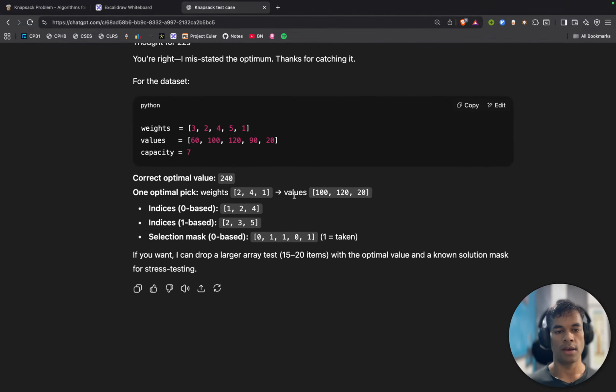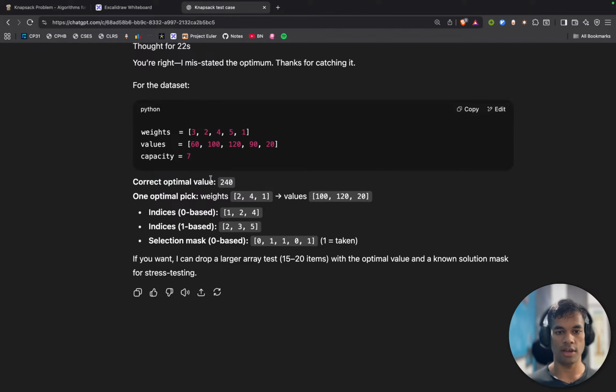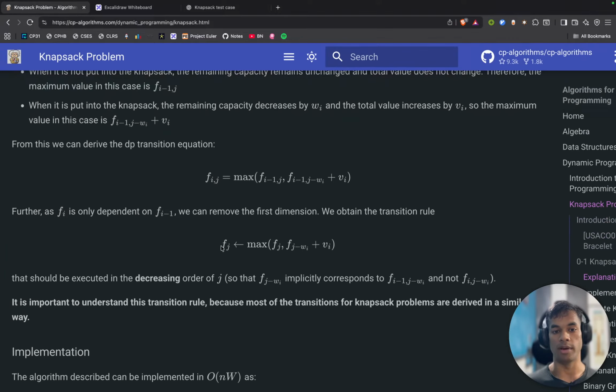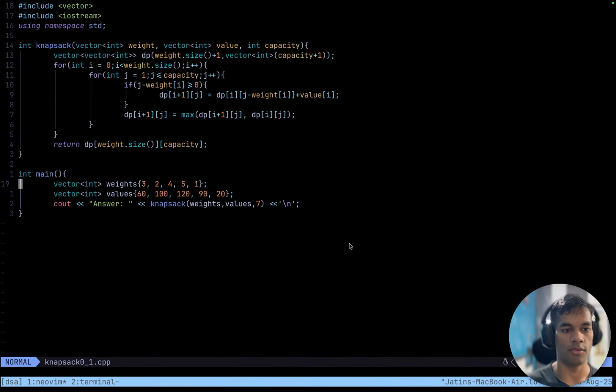That is cool. And ChatGPT does agree. Correct optimal output is 240. Now we want to optimize. How do we optimize? Okay, we can make this thing